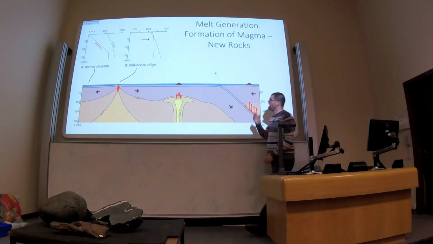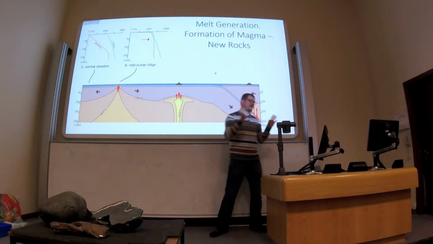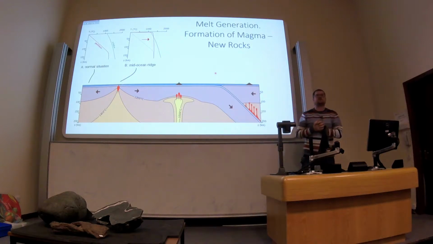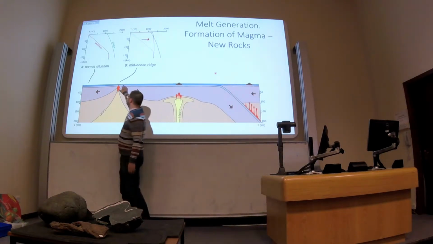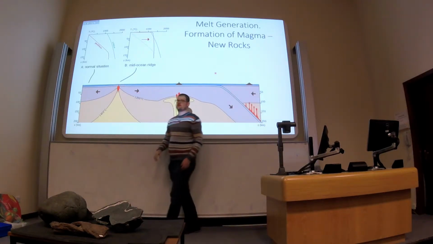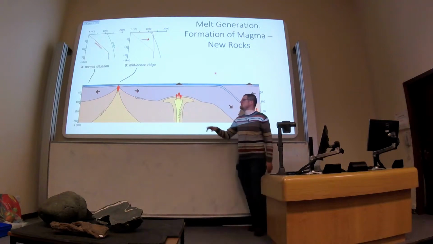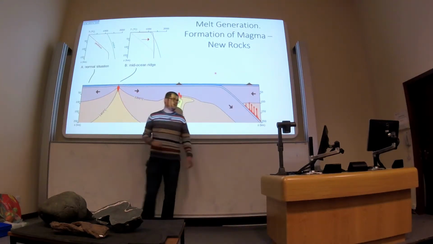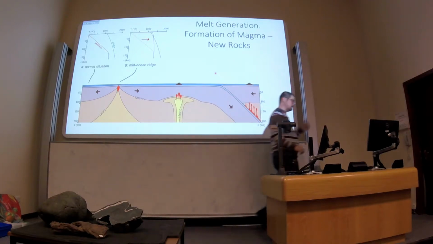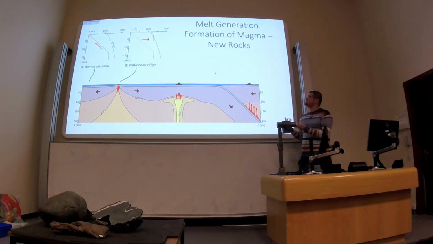case. So I just thought this is a place where we use a little bit of physics to explain what's going on. This is what we're going to be looking at, this example here. This is a divergent plate boundary, so the plates are moving apart, and that's creating a gap, and stuff can rise up into that gap. And we can then use physics to understand why we would get new rocks formed there.